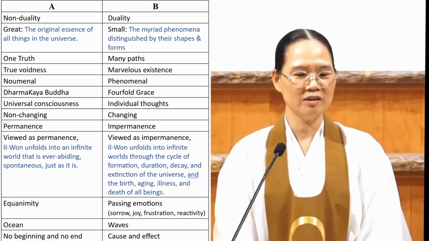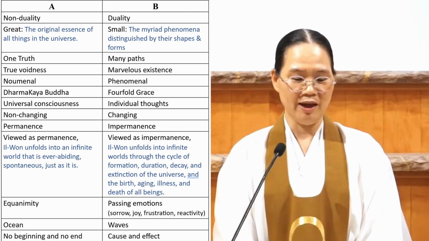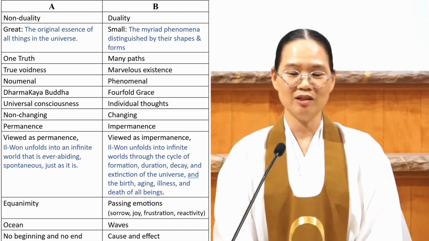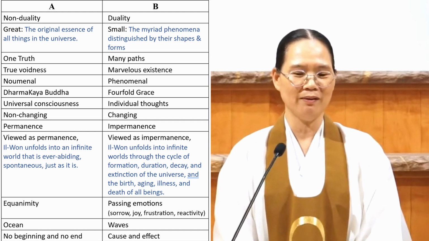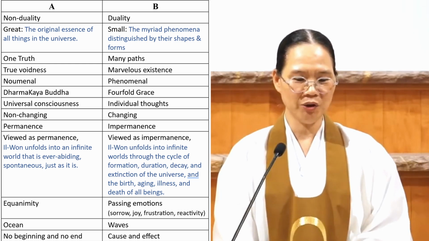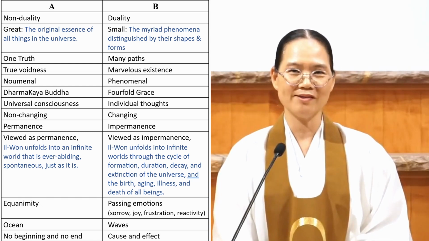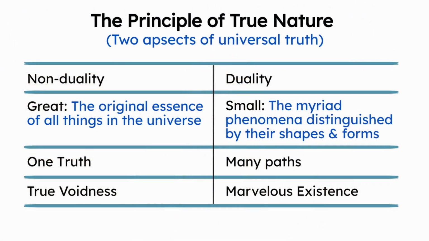In this chart, all the terms under the A column are synonyms for one principle, and all the terms under the B column are synonyms for the second principle. Let's compare the terms in each column from A to B to get familiar with the 2 principles of true nature. 2 principles of true nature, 2 aspects of universal truth: